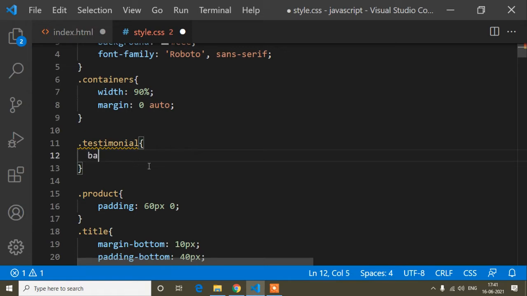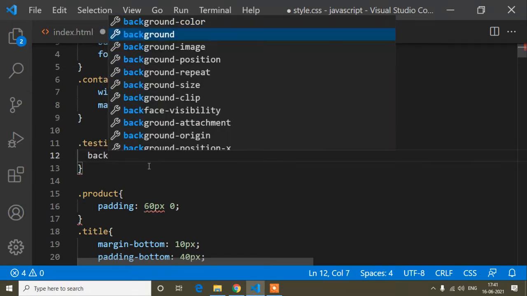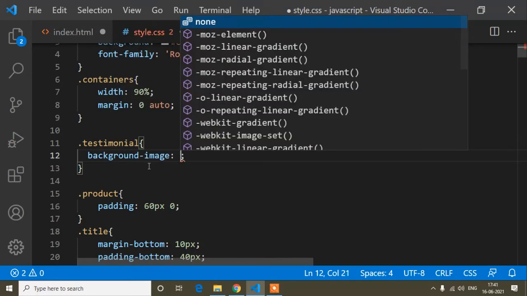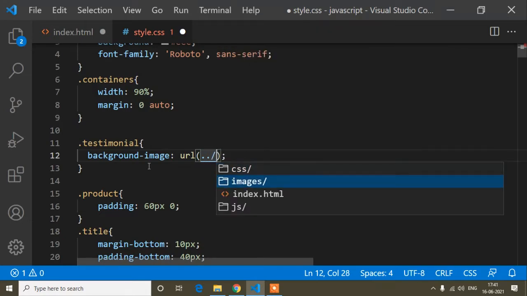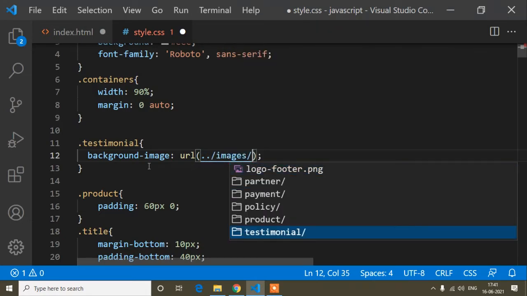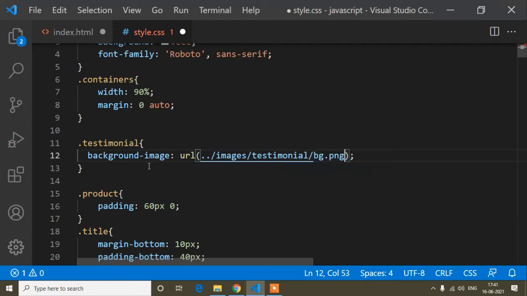First of all, I will write the background image, so background-image with the URL and the image path. Inside the image folder there is the testimonial folder, and there I have already stored an image named bg.png.